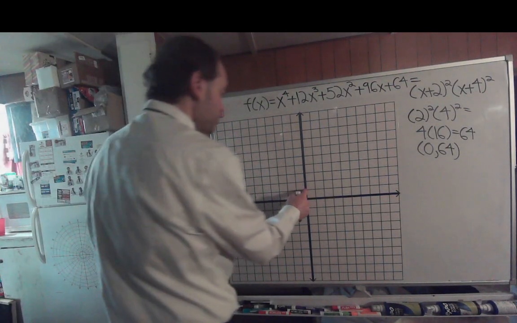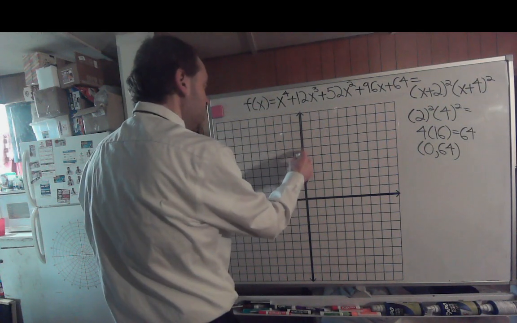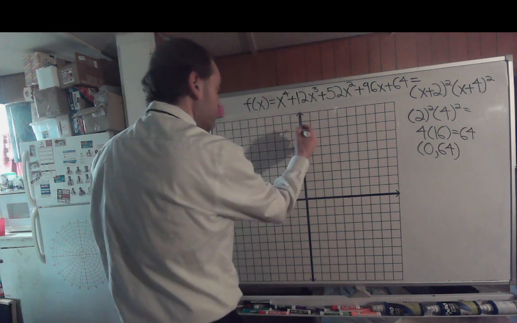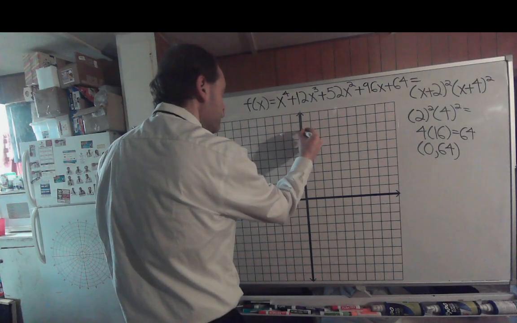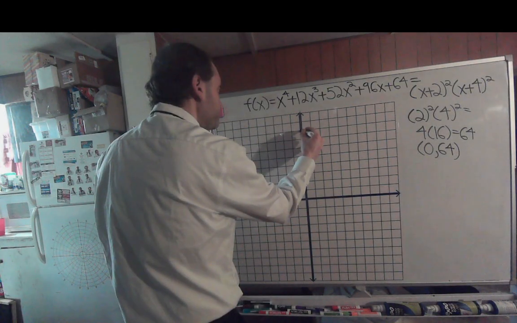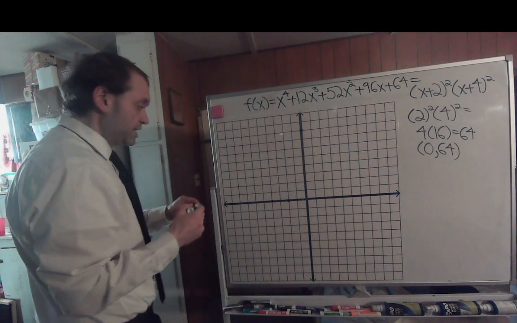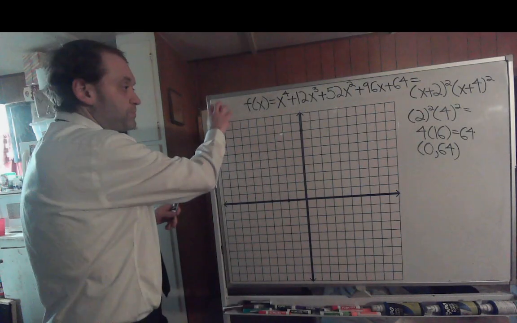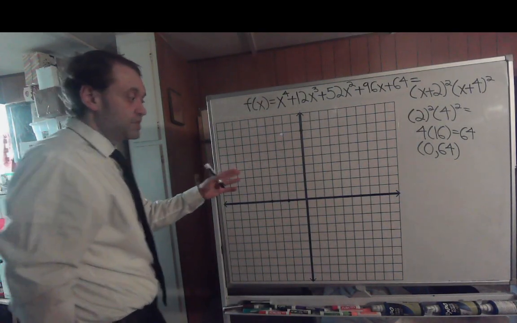So that's going to put you all the way up here at 0, 64 for the y-intercept. That'll help get you a better graph. All right, so